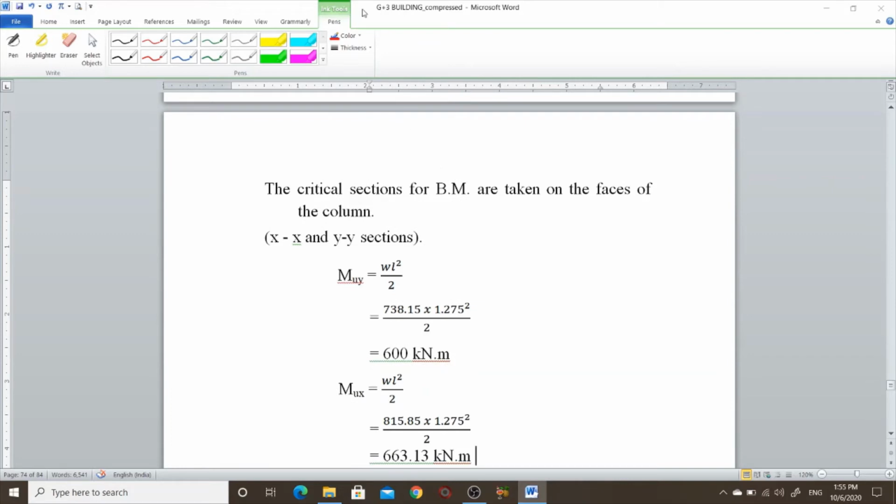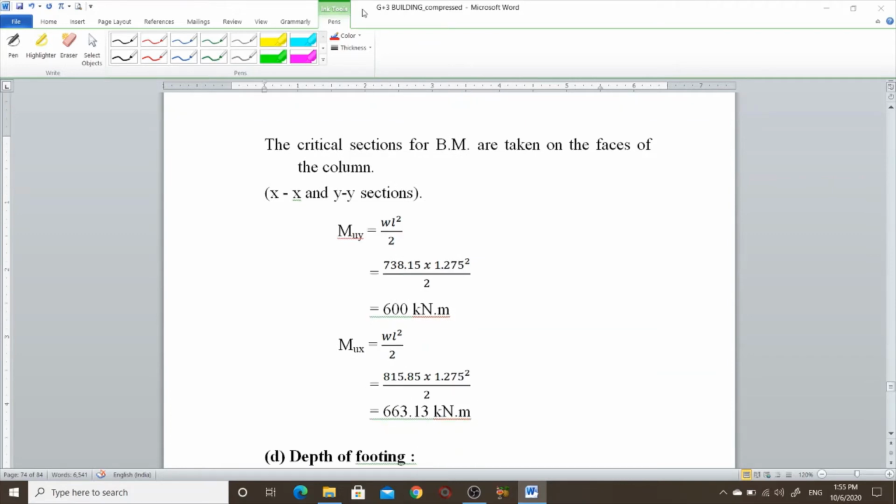To find the maximum bending moment, Mu is WL square by 2 in the y direction. Here is a footing; this section is called x and this section is called y.